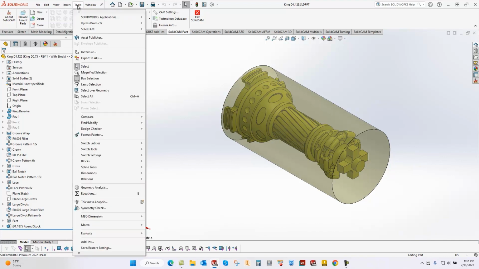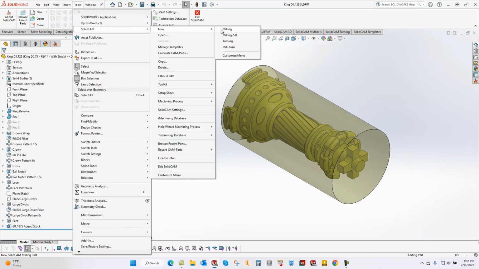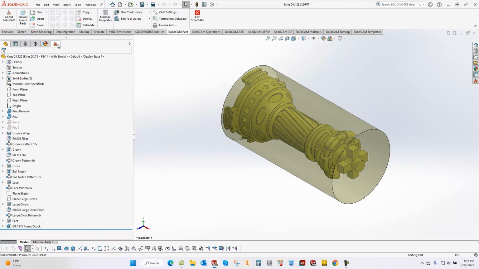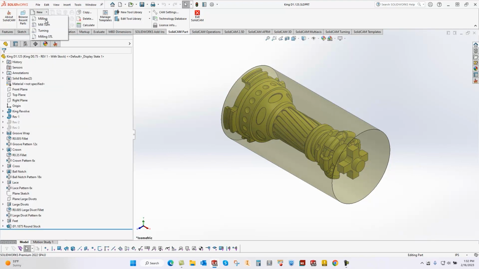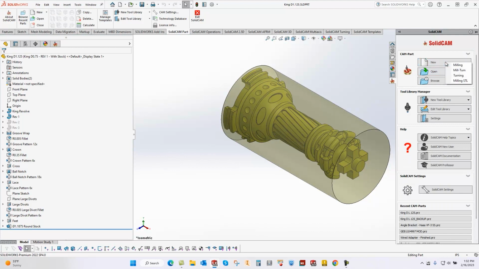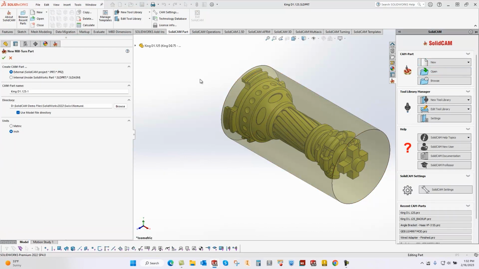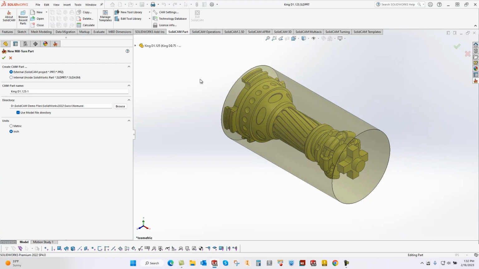You can start from the tools up here, and we would go into mill turn. There's milling STL. You could do it from the tabs. You can do it from the ribbon, or you can open up a project or start a project from here. And we're going to go ahead and do mill turn. Now on a fresh install, you actually won't see this window, but I like to show all my windows because